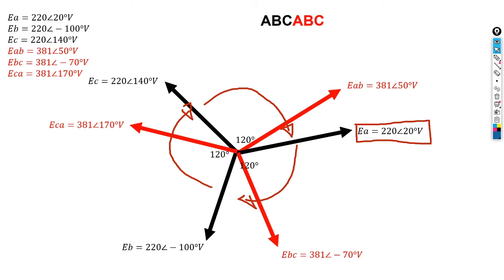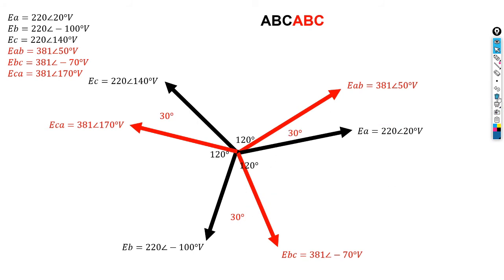We observe that the split between the line and the phase is 30 degrees. As you can see, from 20 to 50 you have a split of 30. From 140 to 170 you have a split of 30. From minus 100 to minus 70 you have a split of 30. Okay, so from what we did with a positive phase sequence here, what we observe now is that